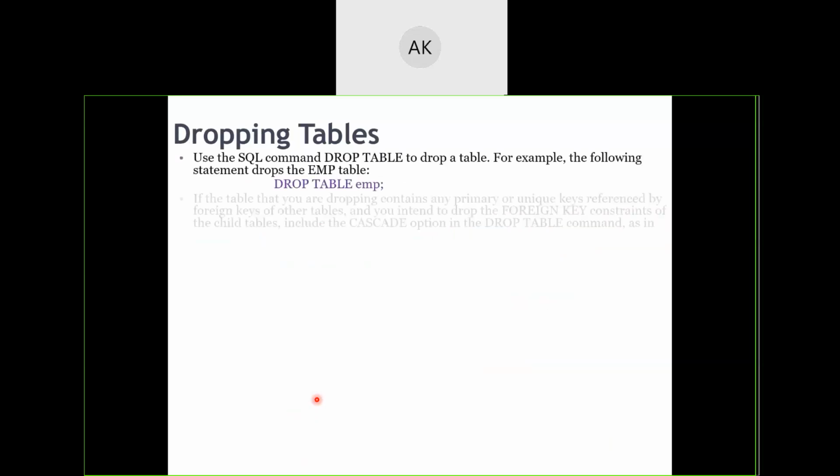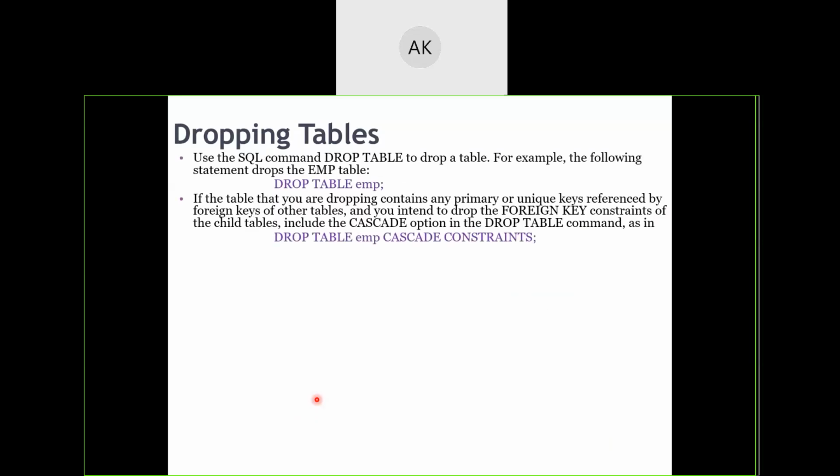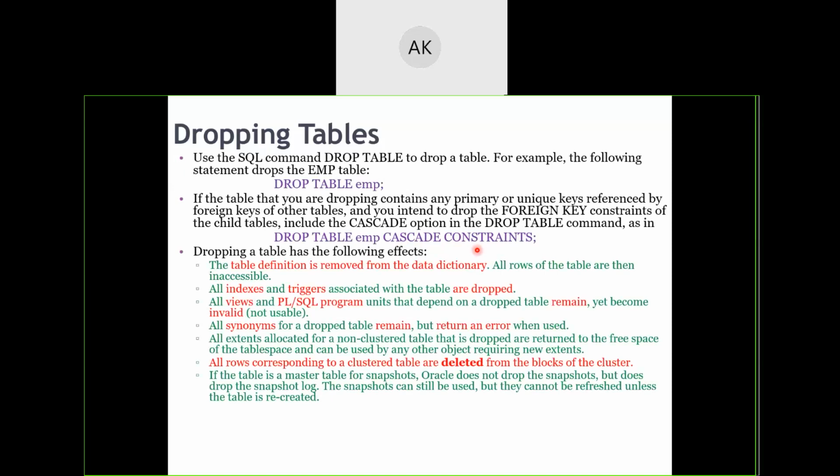Dropping of tables is very simple, just drop table, and if some foreign key constraints have been kept, then you can use cascade constraints wherein the cascade will happen. So dropping of a table has the following effects. The table definition is removed from the data dictionary. Indexes and triggers associated with the table are dropped.